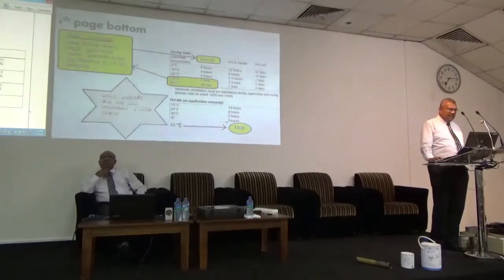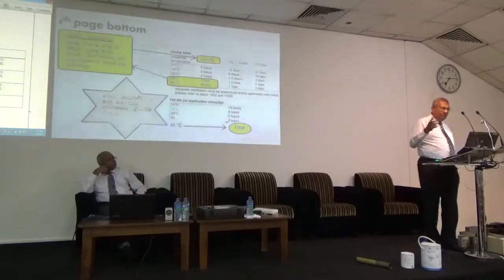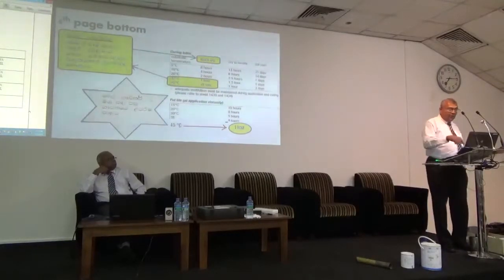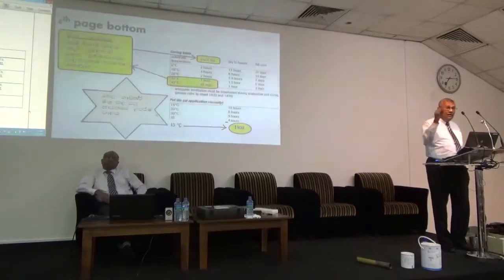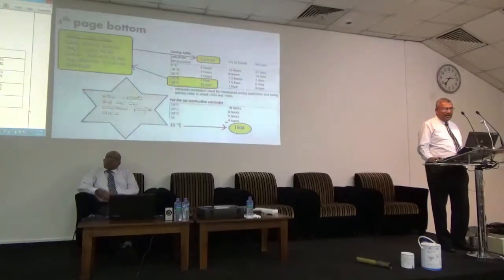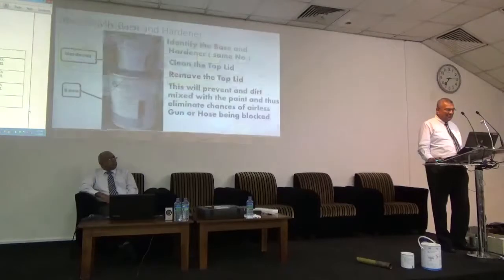Then base and hardener. Now there is one issue here. Our product actually says 35 degrees, 4 hours. But sometimes you are mixing at 45 degrees centigrade. Then the pot life is 1 hour less, as it corresponds to the temperature. So it's important that you give a reduced time to the painter. Now although the data sheet says 4 hours, don't say 4 hours. Say 1.5 hours. It's always good to have a margin.